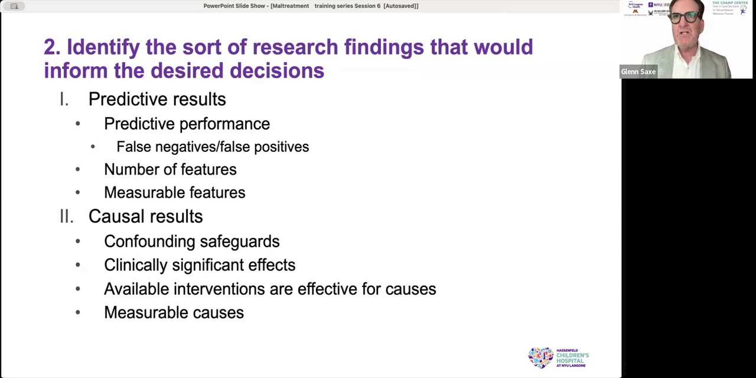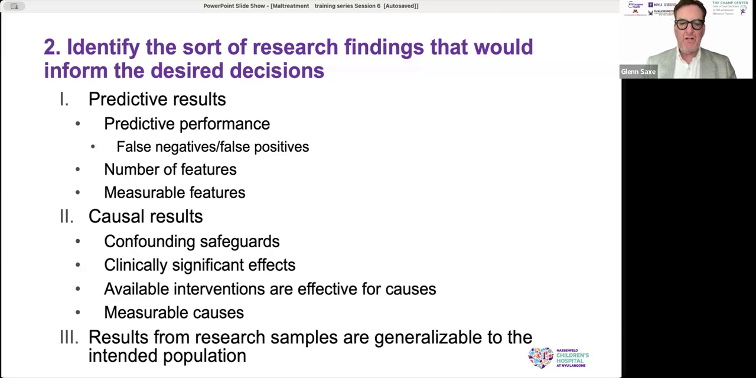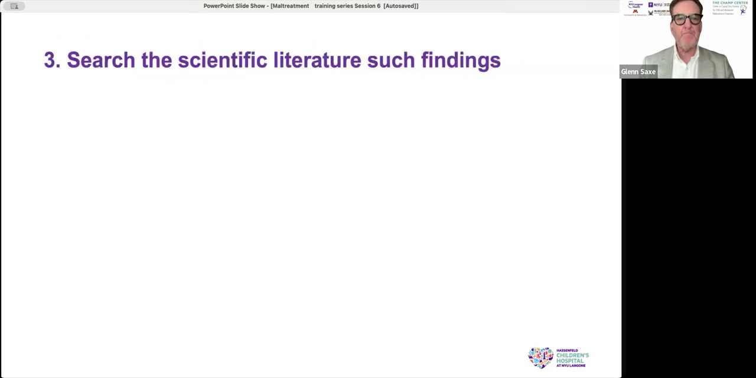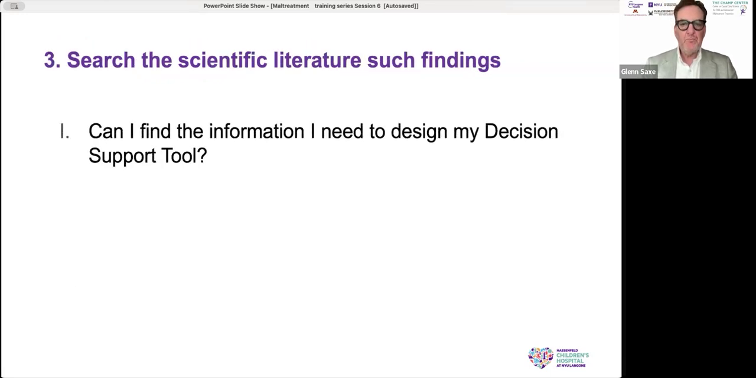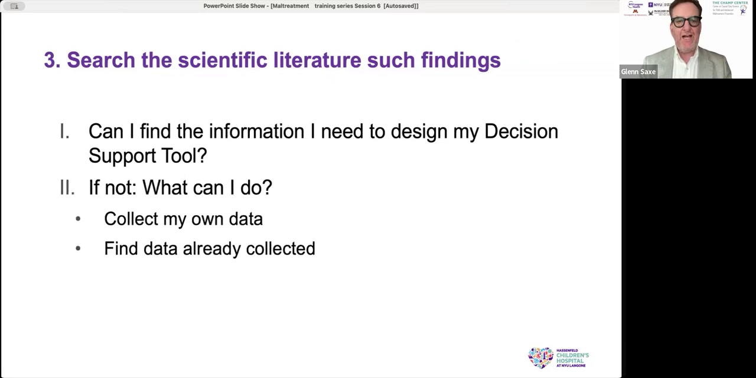And then, is a cause measurable in the real world in typical care settings? We have to always be thinking about that. And then let's look carefully. You have a research sample, but you have the intended population, and can it go to that population? And so you have to decide when you look for scientific knowledge out there, is it sufficient? And if not,